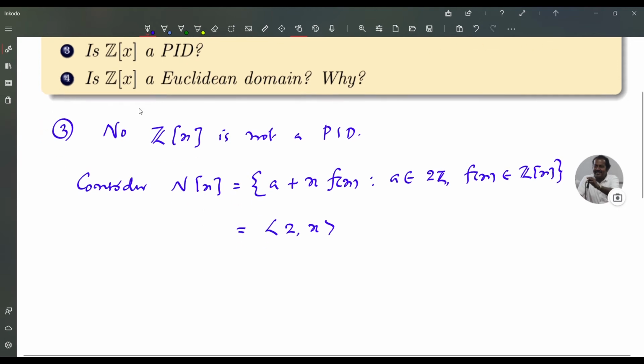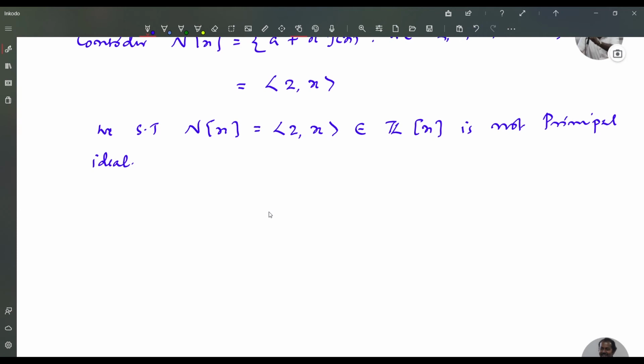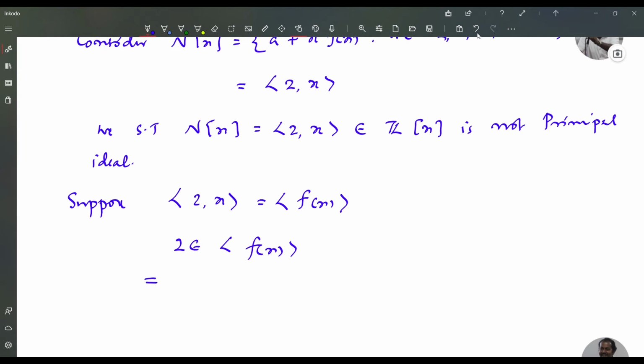We show that N(x), that is equal to the ideal generated by 2, x, which is contained in Z[x], is not a principal ideal. Suppose that it is a principal ideal. Suppose the ideal is generated by an element f(x). Then 2 belongs to the ideal generated by f(x). So this implies 2 can be written as f(x) times g(x)